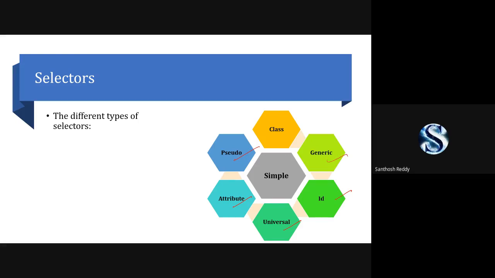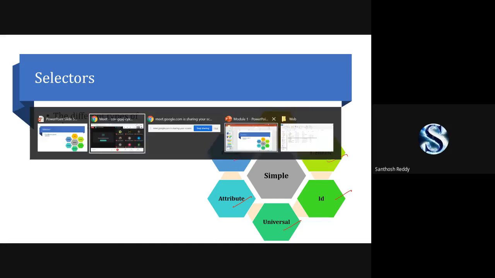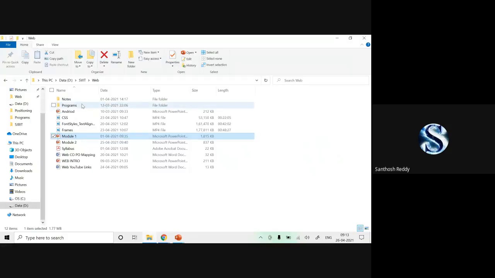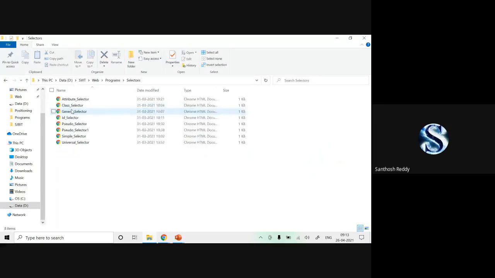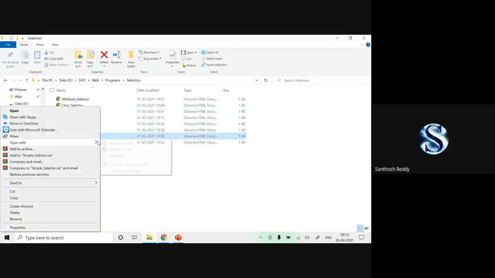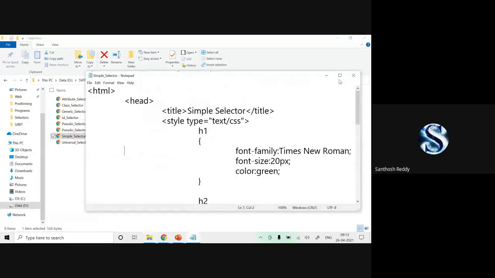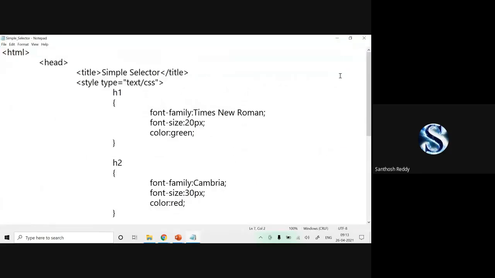Can anyone say what you mean by a simple selector? Simple selector is very similar to your document level style sheets.